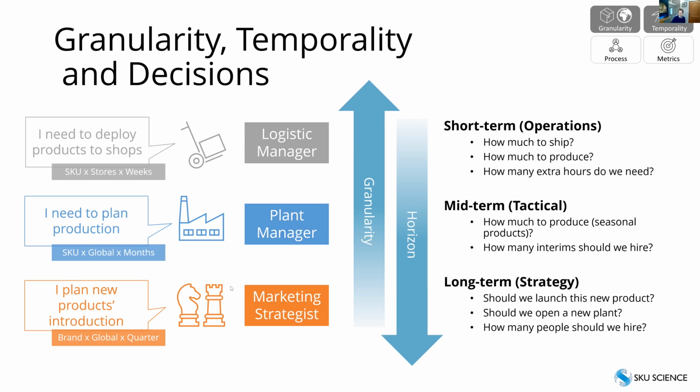Skipping the midterm and going to long term, you could also need a long-term forecast to take decisions like, should I open a new plant? Should I close this store? Should I launch a new brand? How much should I produce for the next year's season, and so on? If you want to do these kinds of forecasts, you do not need to have a forecast per product per week. Maybe if you have a forecast at the brand level and per quarter, it might be enough. And if you do it at a global level, it might also be enough, right? So we see that at short term and at long term, you don't exactly need the same amount of granularity,